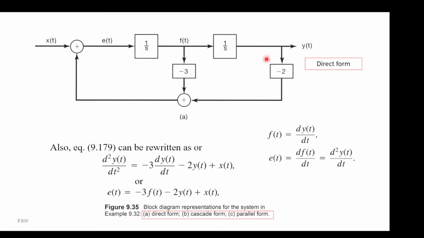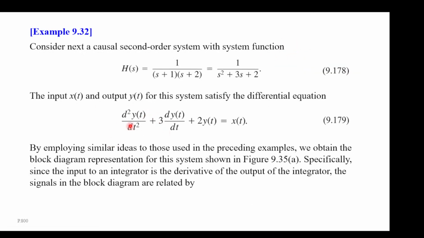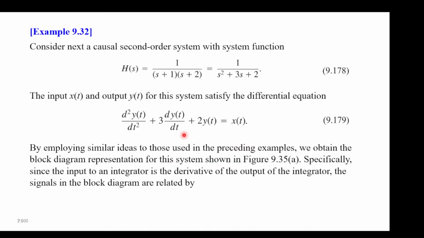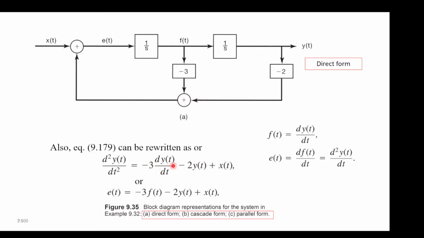So d squared y dt squared, so let's move things around here. So what we have is, we move everything except this to the right hand side. So d squared y dt squared equal to x of t minus 3 dy dt minus 2y of t. And that'll be the same as this diagram here,